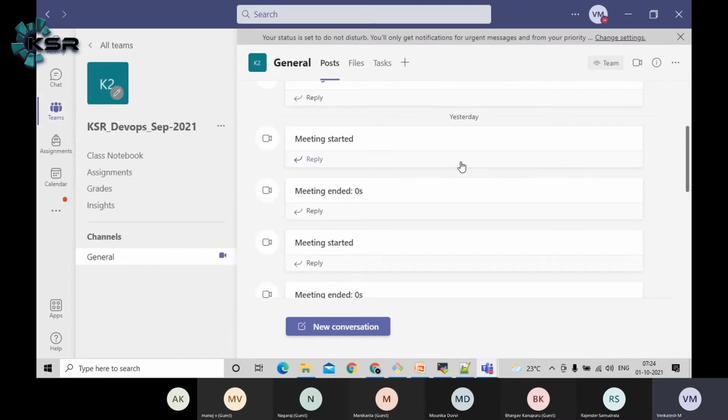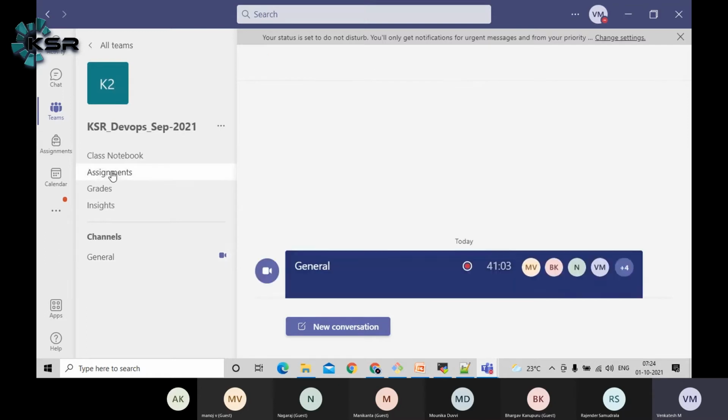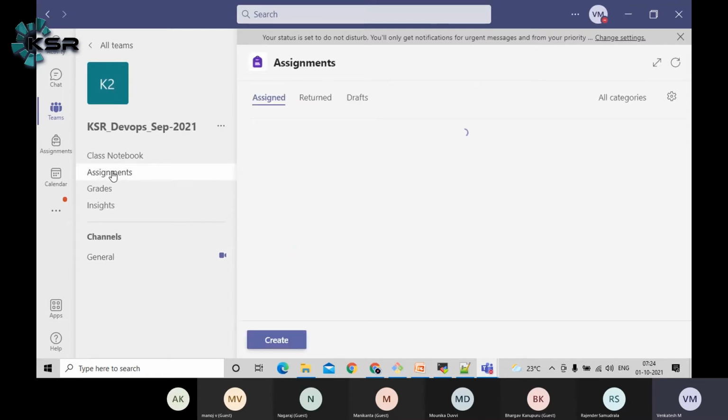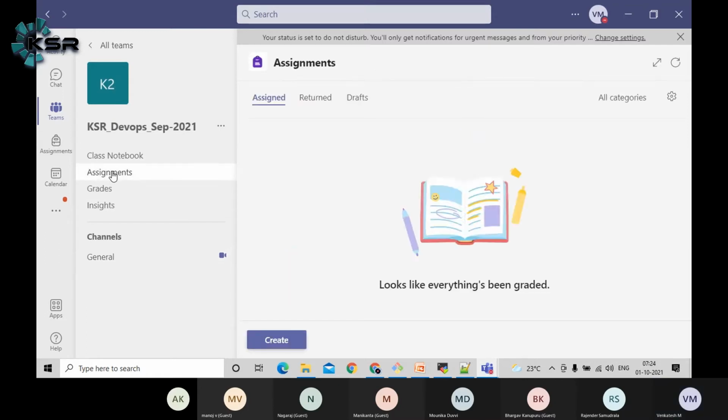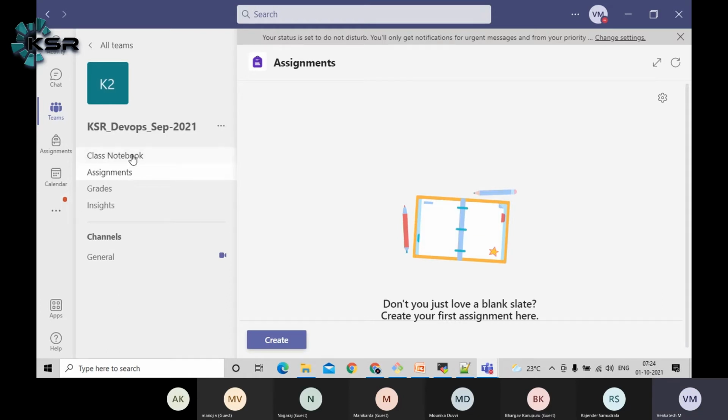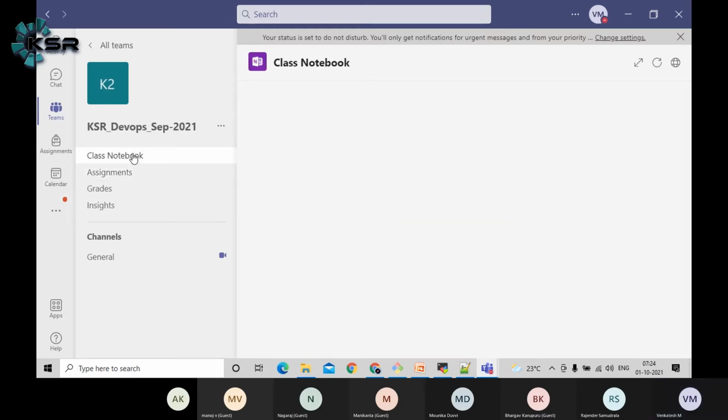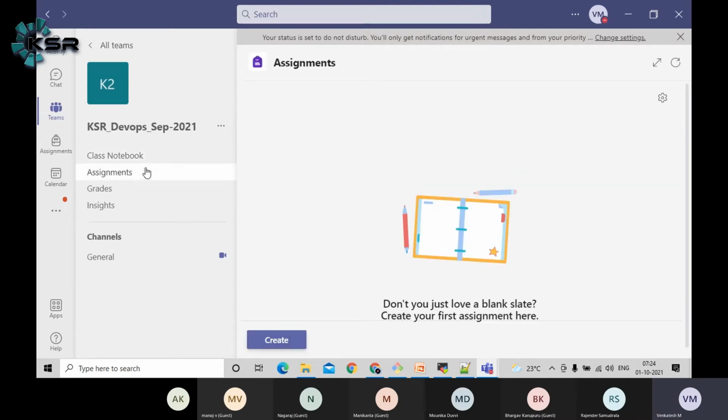Here I have created a group. Whatever assignments I am going to give, everything will be visible here, as you can see. Whatever class notes we have read, everything will be placed here. Currently this is empty. Once this group is added with the folks, then we are going to add all the required data here. Please get in touch with him. He is going to add you to the group, guys. Currently this is empty, since we created this group just a couple of days back.